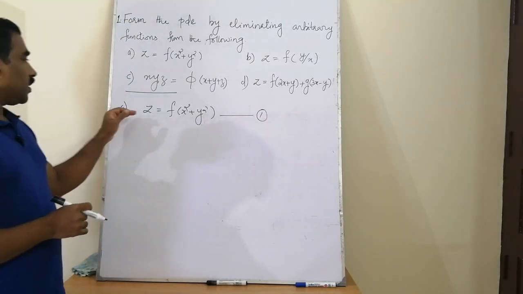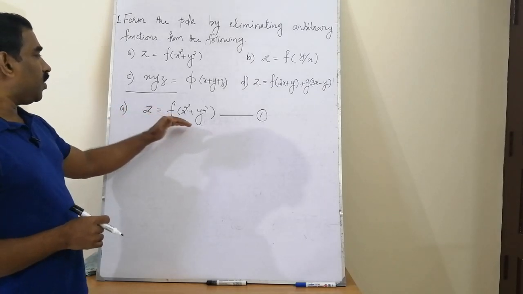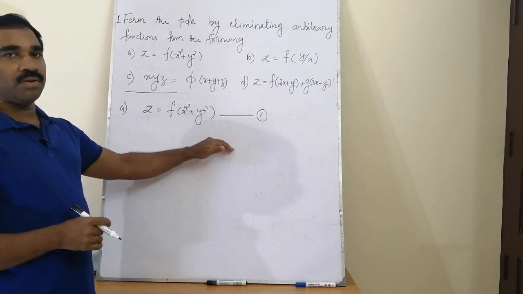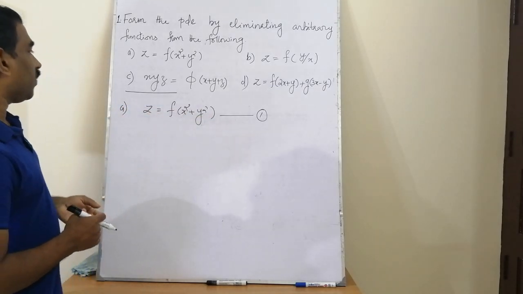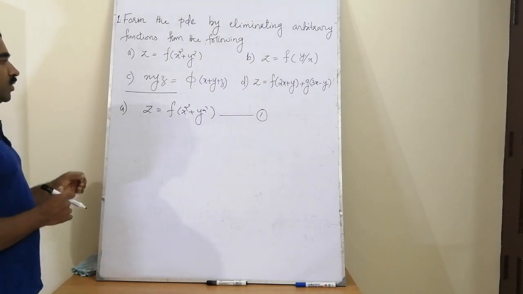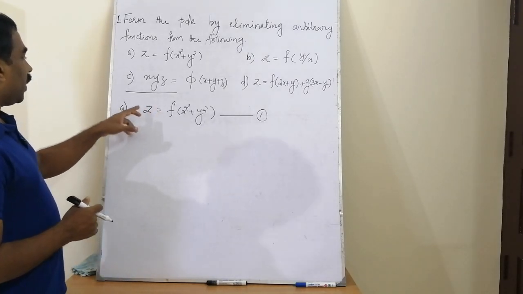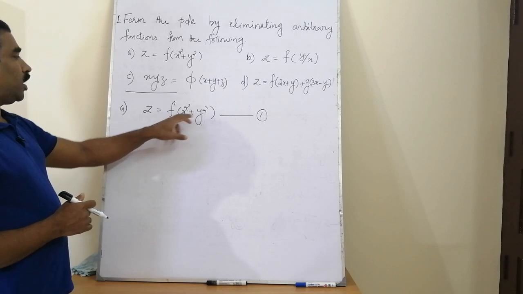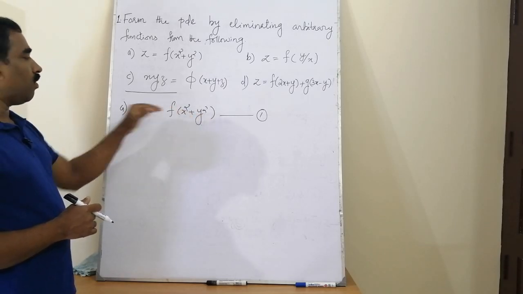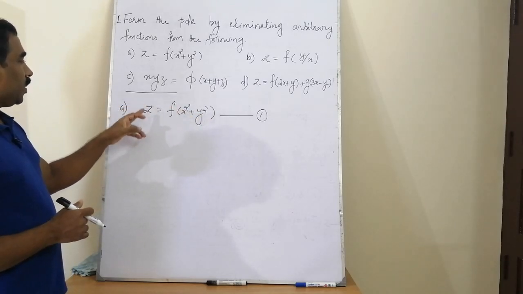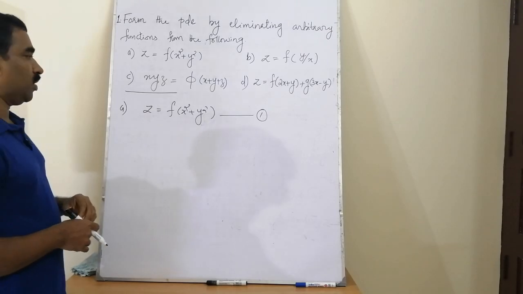Because we know that this surface or this given relationship can be represented by a first order partial differential equation, we have to naturally compute the first order partial derivatives. What are the possible first order partial derivatives? Here we can differentiate this set with respect to the independent variables x and y. So we are going to find the partial derivatives ∂z/∂x and ∂z/∂y.